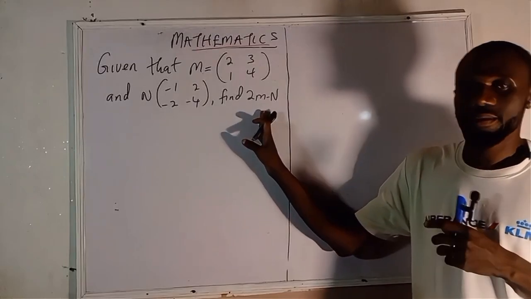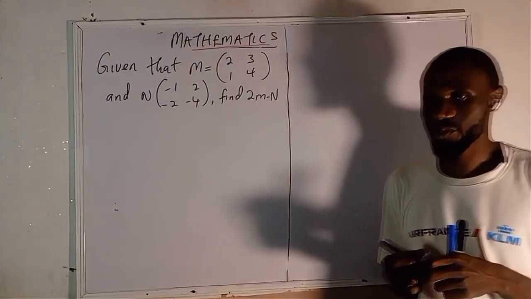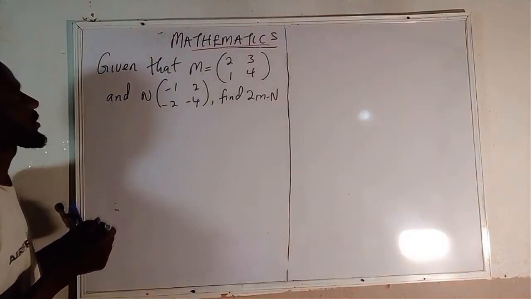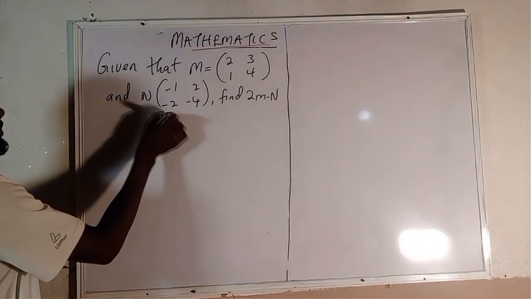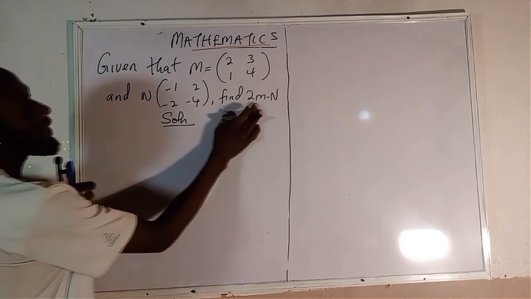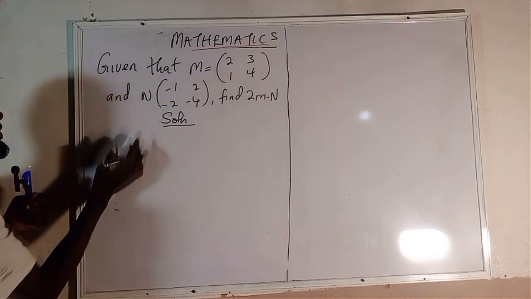2M minus N, given the matrix. Remember that this is addition and subtraction of matrices. Okay, let's solve the question. Since they asked to find 2M minus N, given the M here, and this is the N here,